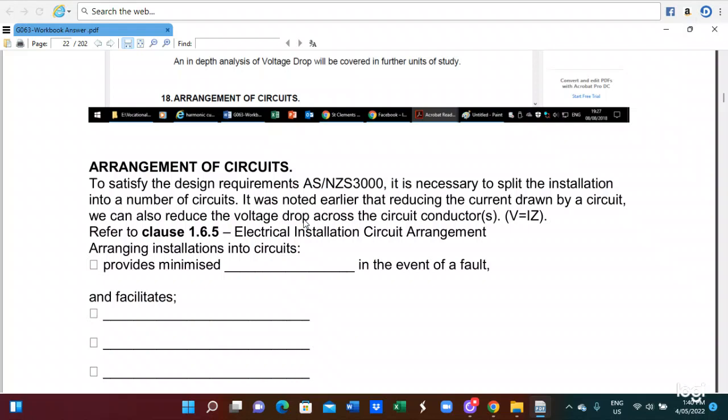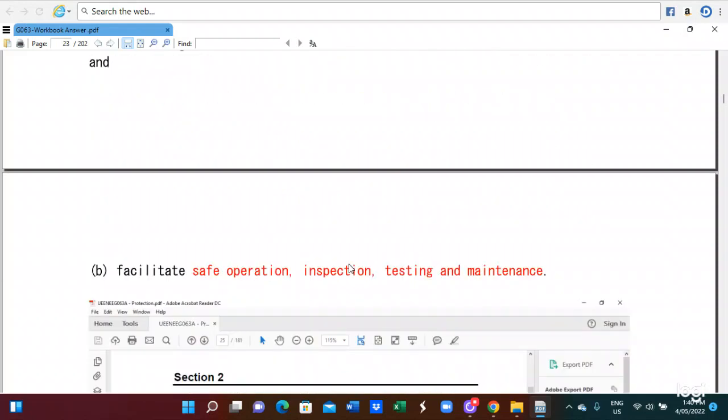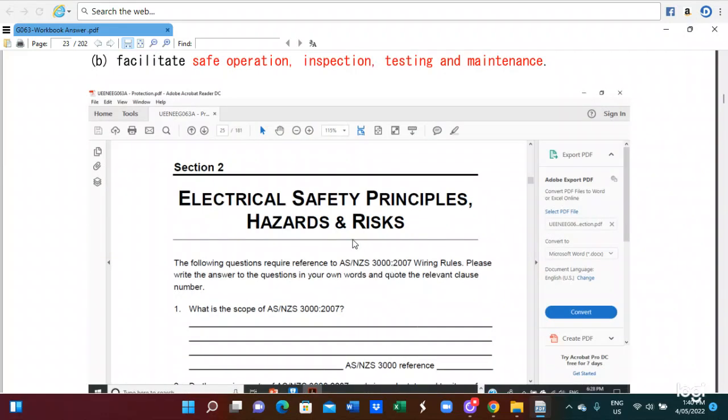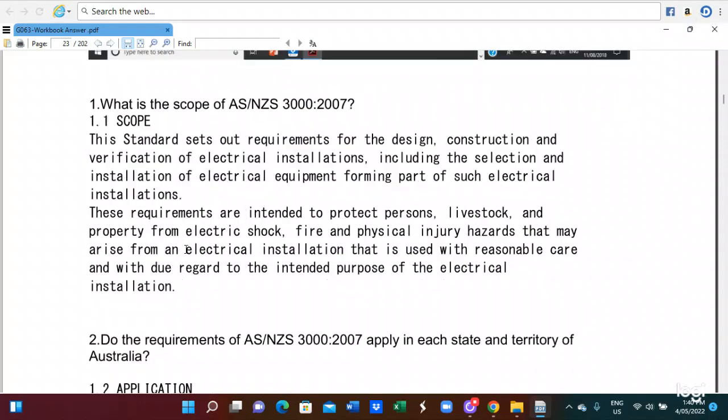In this case, for the installation circuit, we have to avoid danger and minimize inconvenience in the event of a fault. Facilitate the safe operation, inspection, testing and maintenance. Also, the electrical safety hazard principal risks. This is for AS/NZS 3000. So this is the scope. Electrical safety